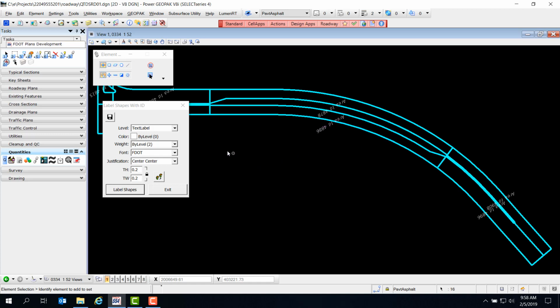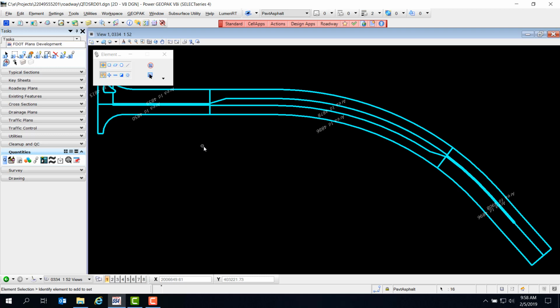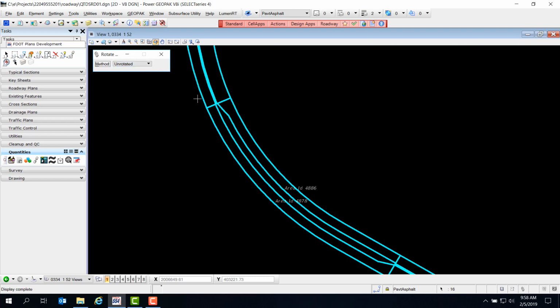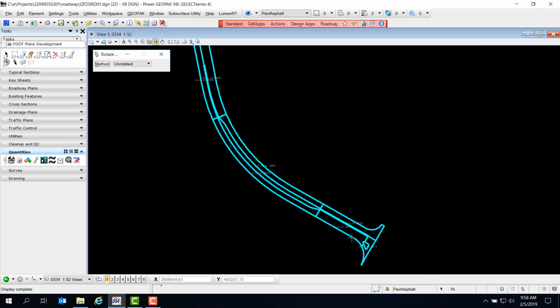Notice that the labels all appear to be upside down. This is because the view is rotated. The text is placed based on true north. If we set the view rotation to unrotated, all the text will appear correctly. Let's make a note of one of the label numbers,